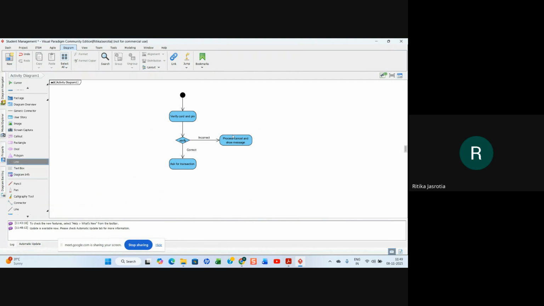Let us see if it will draw a line or not. So this way we are connecting, right?